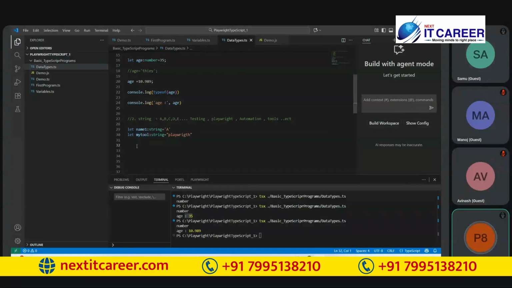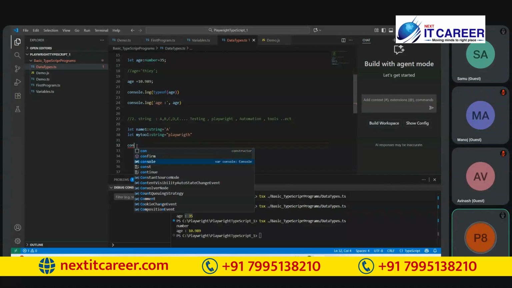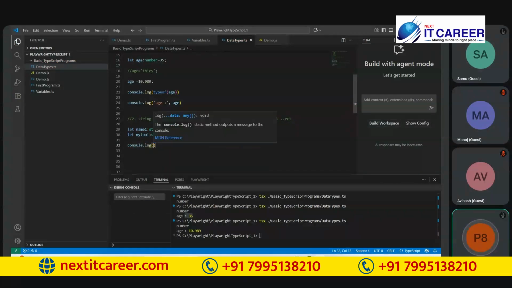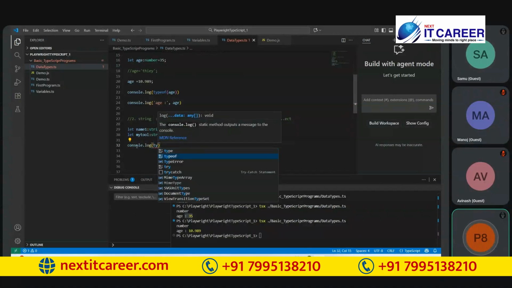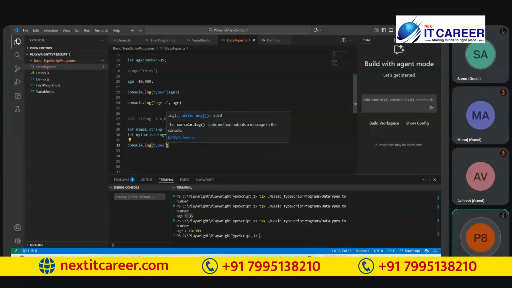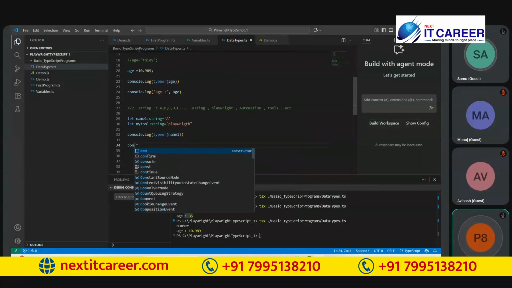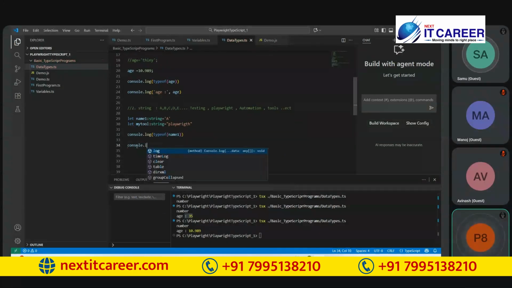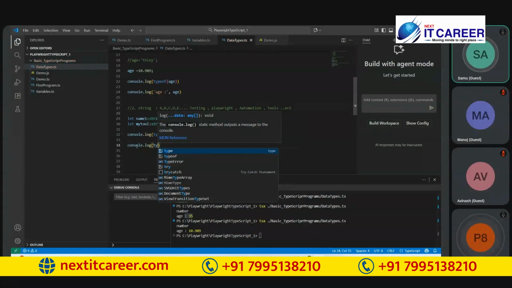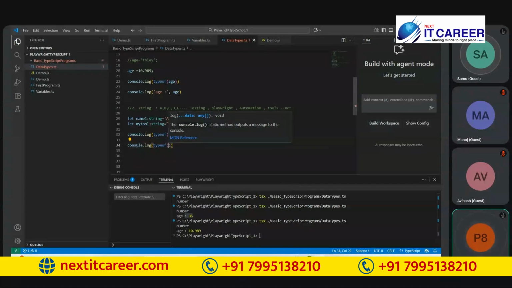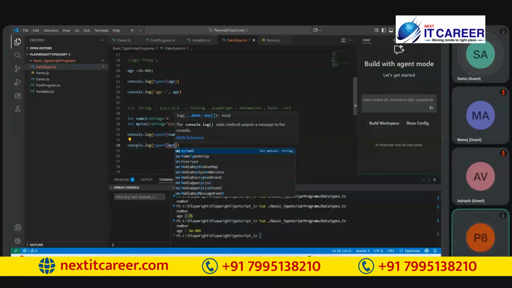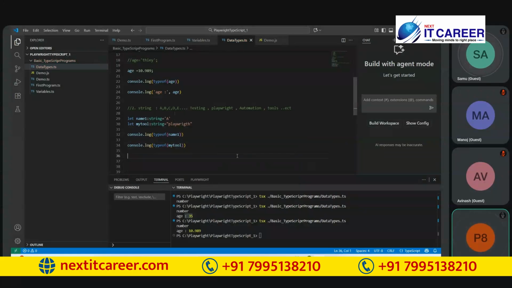If you want to know that, write console.log, and specify typeof name one, and the same way console.log typeof my2.